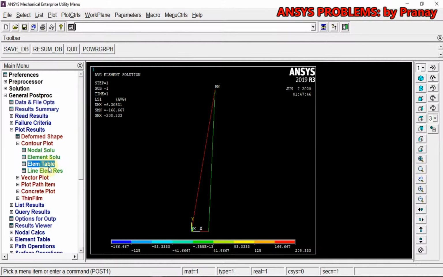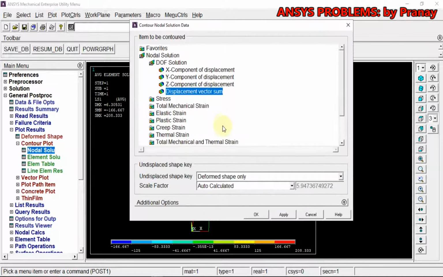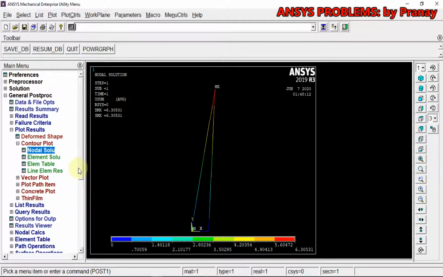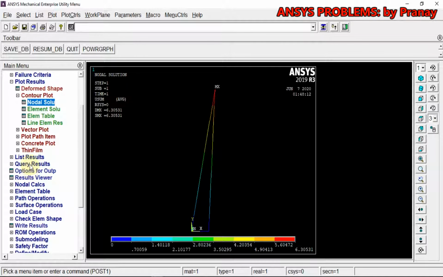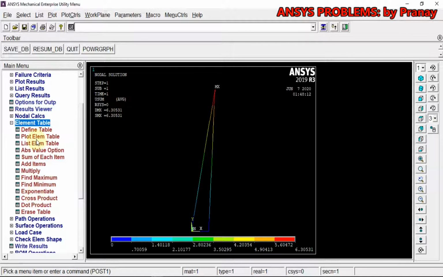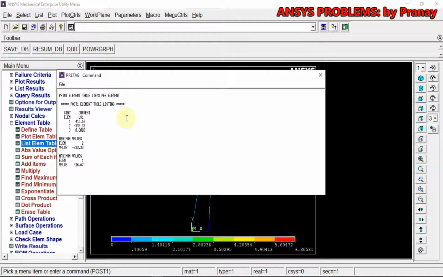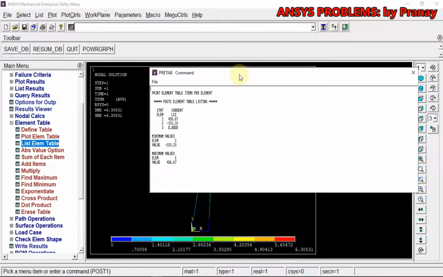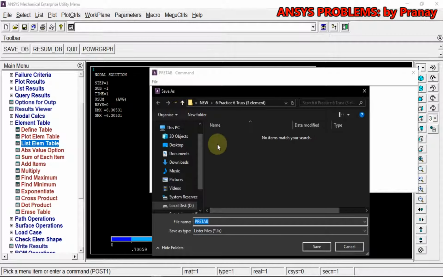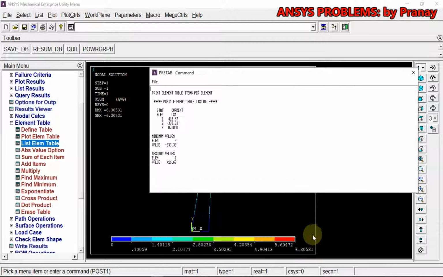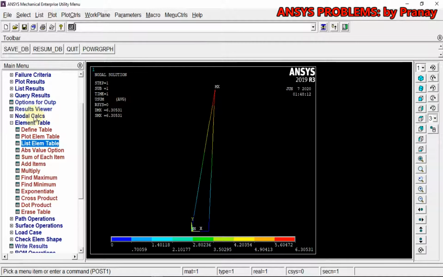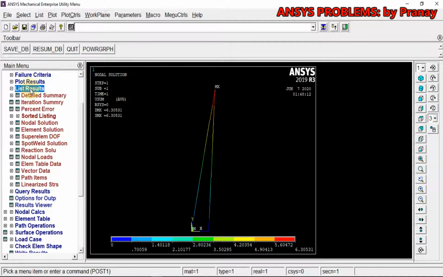So it's saved, and you can also just go to the nodal solution, deform shape, okay, and in the element table itself you can list the element table LS1, okay. So this is what the content of the element table is. Save. So this is how you solve this problem.